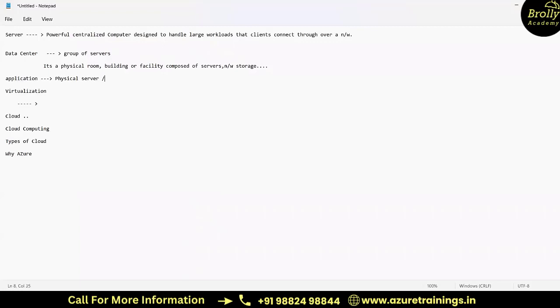Okay, physical server. Why I'm saying physical server, you will get to know. In the late 1990s, if they wanted to deploy any application, they directly deployed that application on a physical server. Suppose a server capacity is 16 GB RAM,